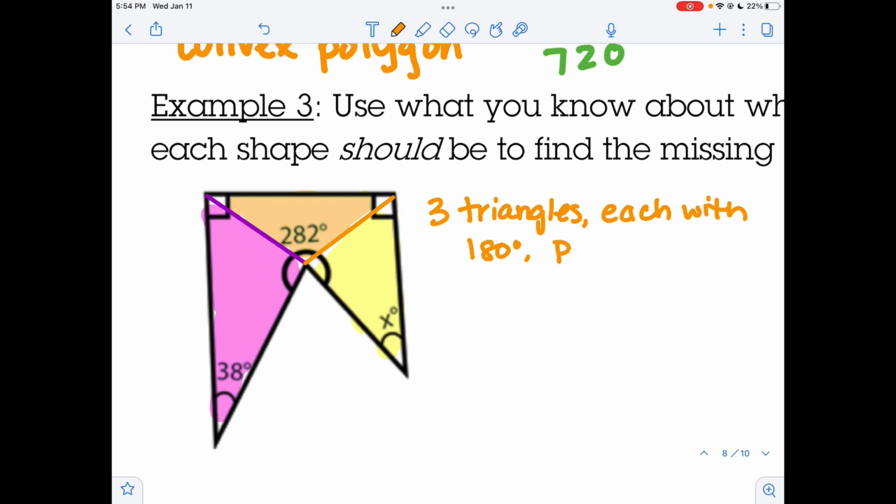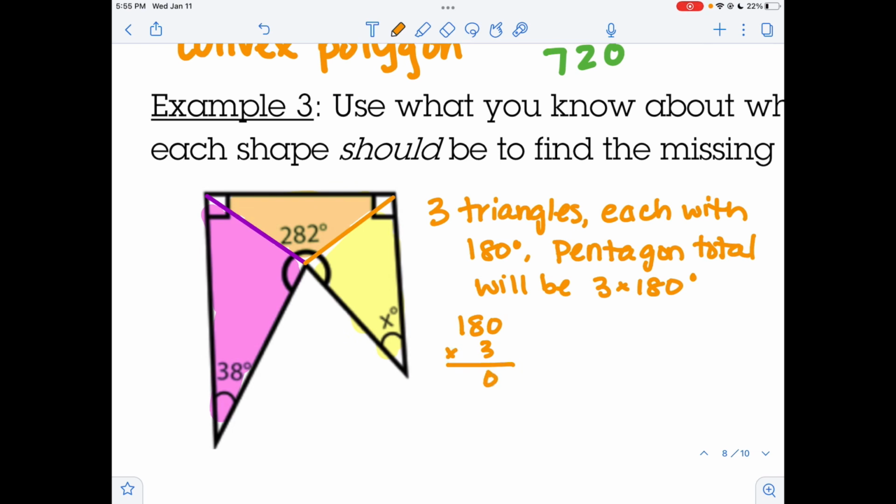So our pentagon total will be whatever 3 times 180 is. So 180 times 3, 0, 3 times 24. 3 times 1 is 3, plus 2 is 5. So pentagons,